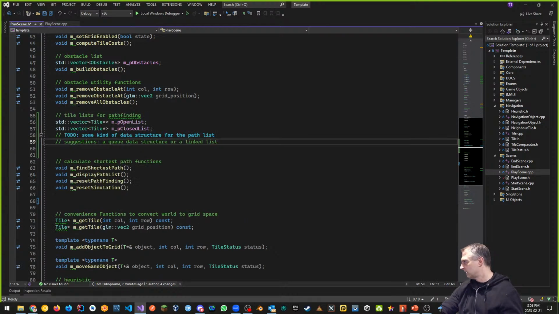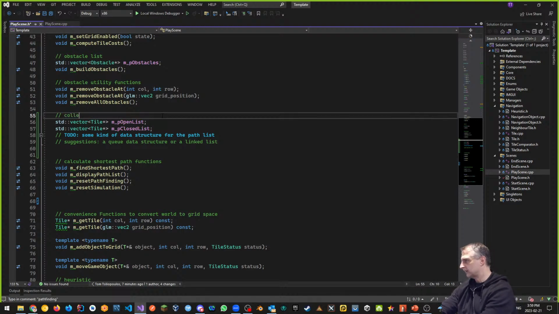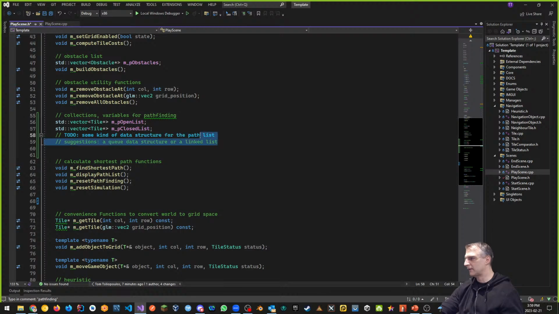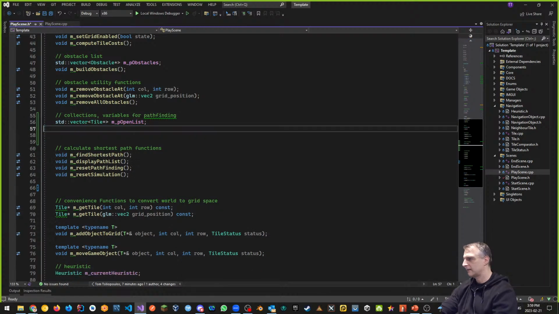Okay, so we're going to call this a collections, that's what it's going to be, collections, as well as variables and maybe functions for pathfinding, okay? And we said that maybe we'd use a vector or something else. I'm not going to use a closed list anymore. That's gone. I'm not going to make it my open list for this one. Instead of my open list, what I want to do is I want to have my